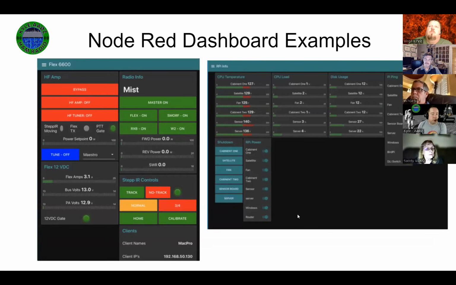So here are some other dashboard examples. Basically, you configure the dashboard with the nodes that you have, the way that you want them. Not that big of a deal. So you load the dashboard. It gives you some set of nodes. You can load more dashboard nodes from the internet if they don't